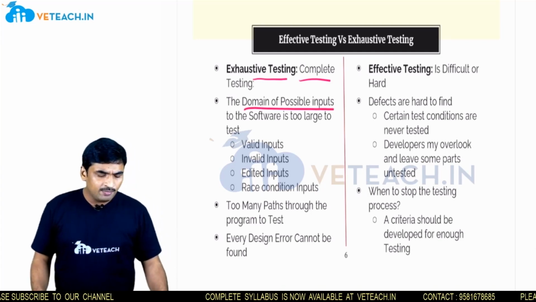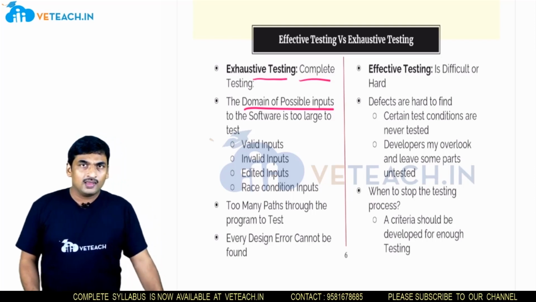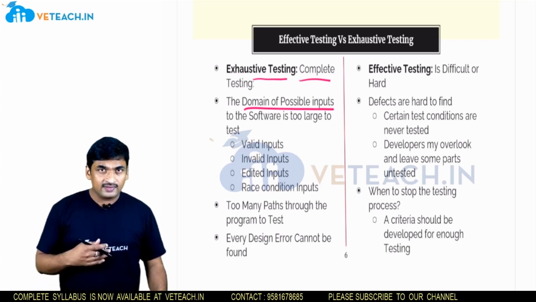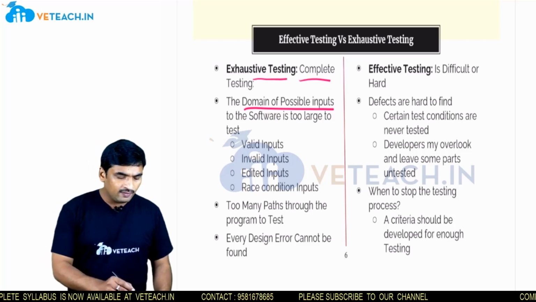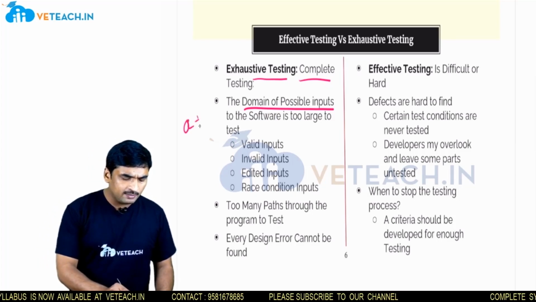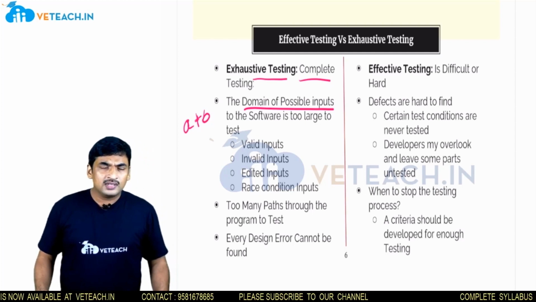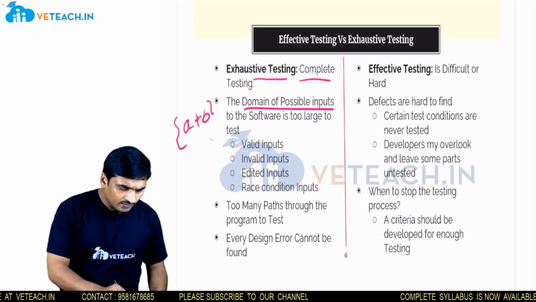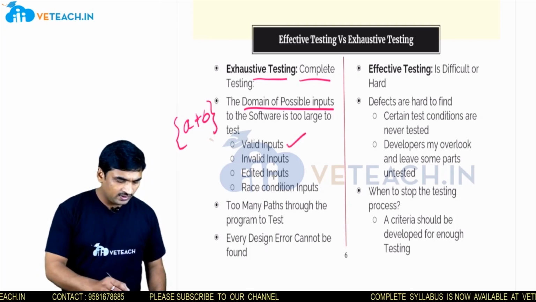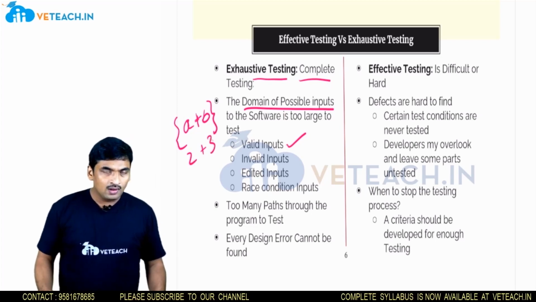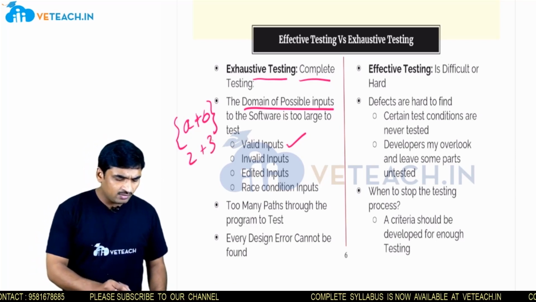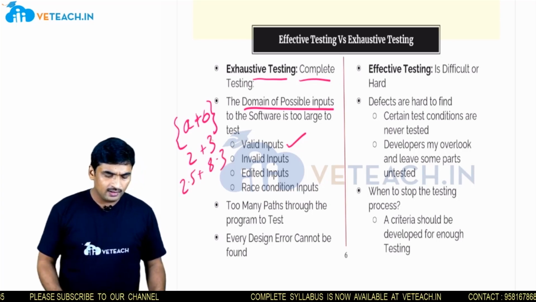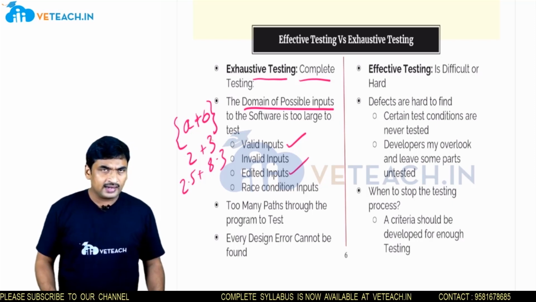the domain of possible inputs to the software is very large. As an example, if we have developed a small addition program, if I want to add two numbers a plus b, we have to test this algorithm with valid inputs. We can take 2, 3, or invalid inputs. Have we written the program for floating point values like 2.5, 8.3, edited inputs, some inputs that are corrected,